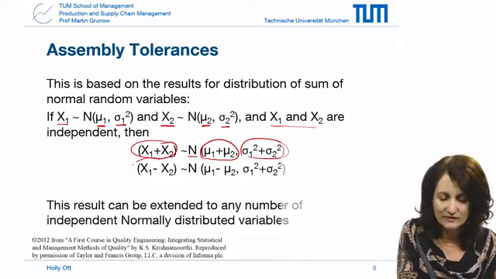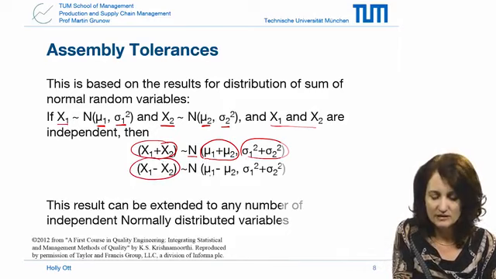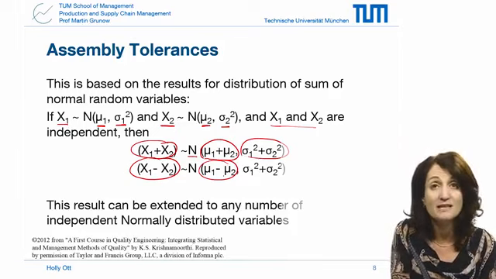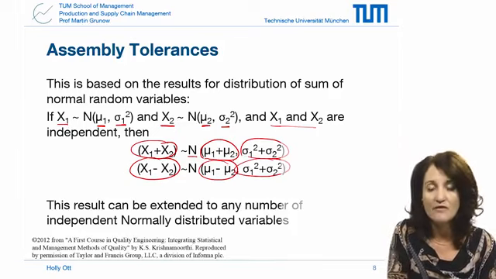And likewise, the difference between these two variables is going to be a normally distributed random variable, where the mean is the difference between the means and the variation